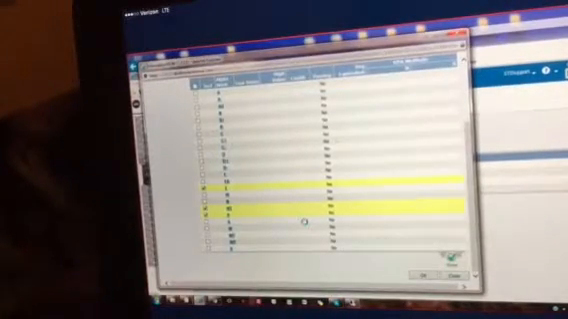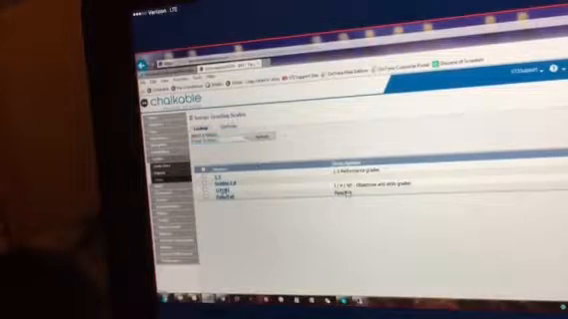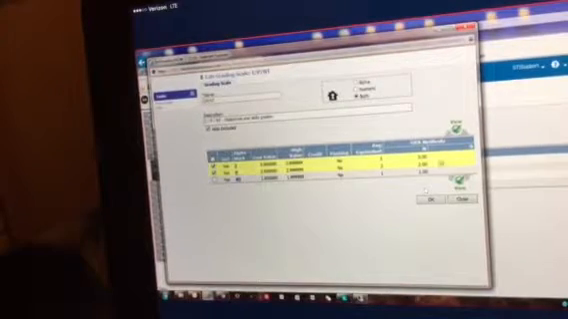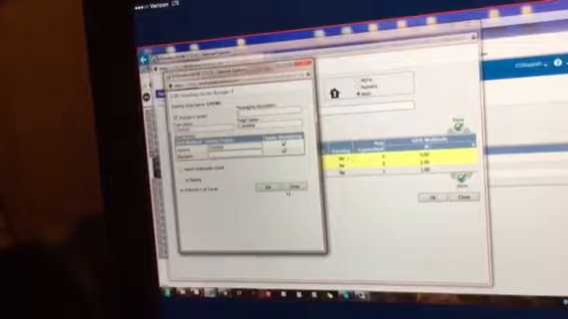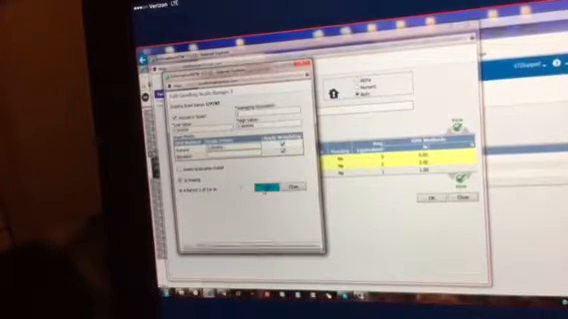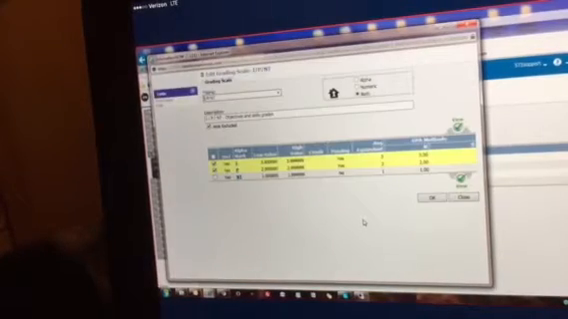Now I'm going to mark these two as passing. Right. And I can mark them all as passing. The only thing that this affects in the program is if the parent subscribes to grade alerts, they get an alert